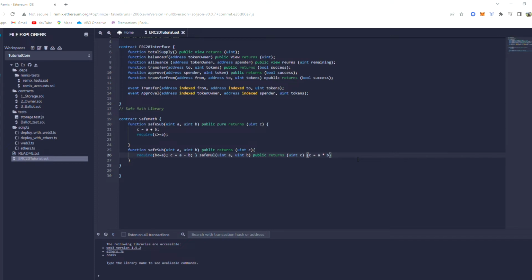If this is the case, let's see. C is equal to A multiplied by B. Right, and then require A is equal to B. Require